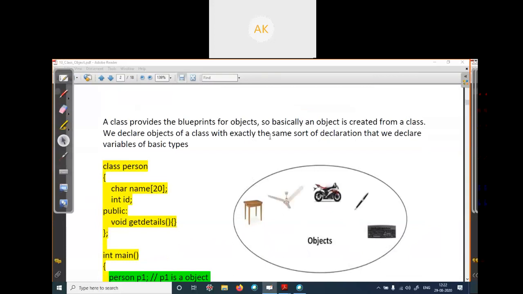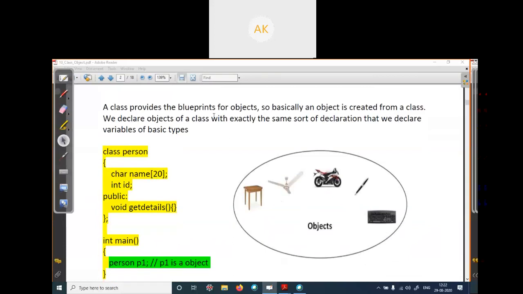Okay, a class provides the blueprint, as we have discussed. Here, as you can see, a table is a class. Just asking you: this particular table I'm talking about, is it a class or an object? Please unmute your mic and speak. A picture is shown on your screen. Please tell, is this table an object or a class?